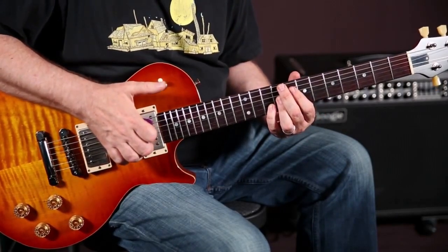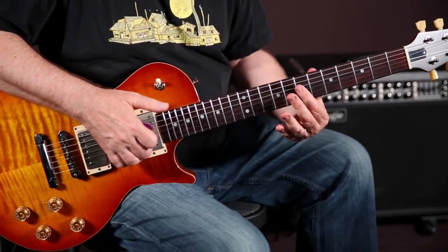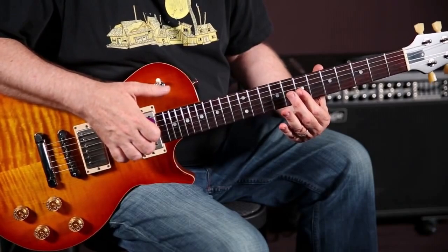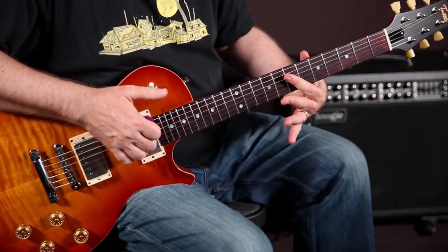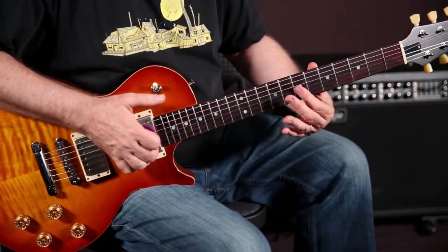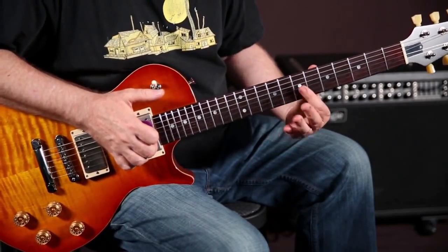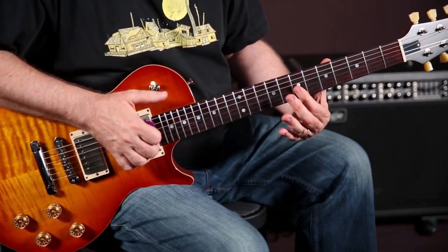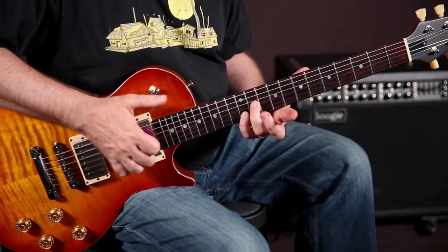Okay, then the last thing in this phrase, I'm taking my index finger and I'm just going 2 strings over to the second and third string. And that's how I end it. So I've basically done this with my index finger throughout the phrase. And the last piece of this phrase is the index finger on the 3, 5, 7th fret, third string, and then the 7th fret, second string. So you're up here,